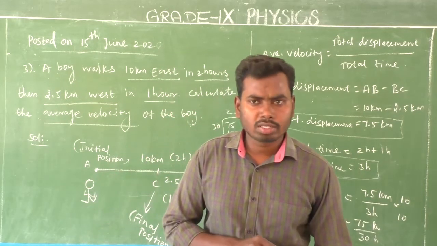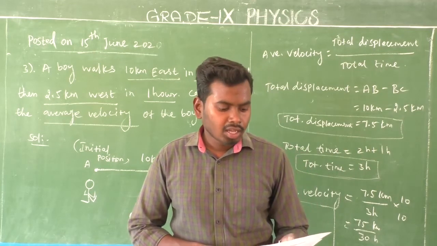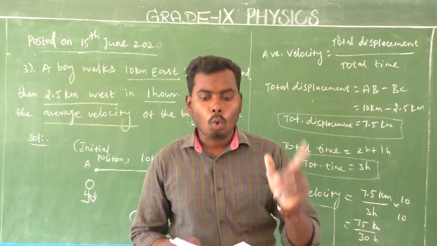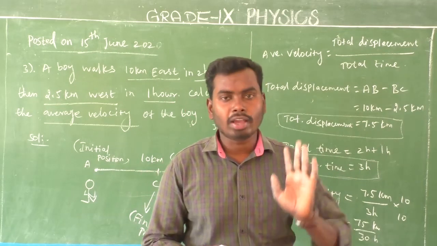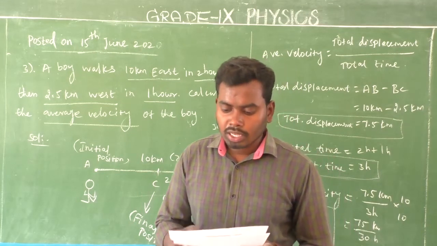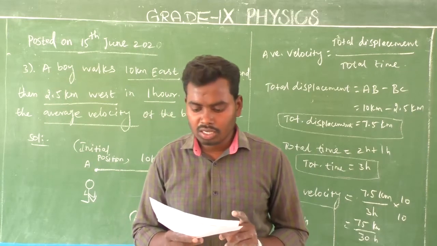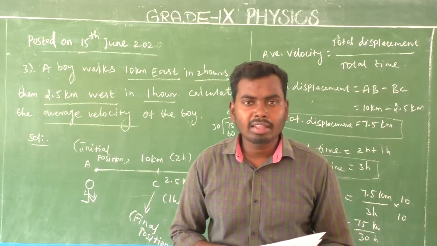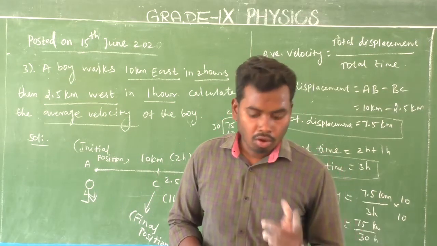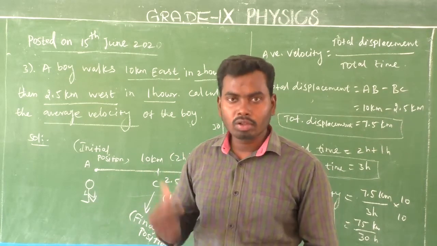Come to fourth question, sir. Fourth question is a very easy question. Look at that. A car travels along the straight road to east direction for 120 meters in 5 seconds. Then goes west for 60 meters in 1 second. So determine the average speed and average velocity. Here, two quantities we need to calculate. First one average speed and second one average velocity. Is it clear?